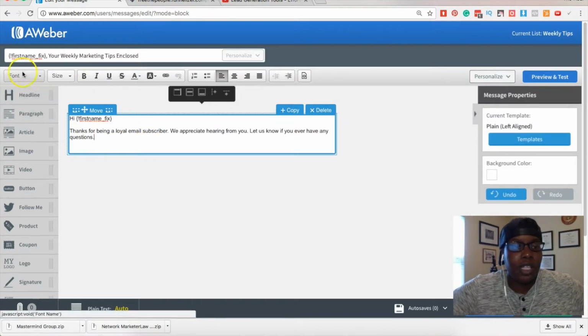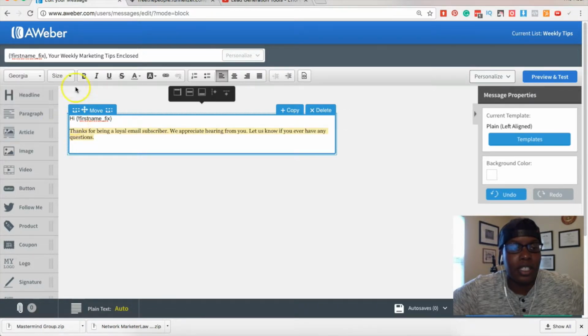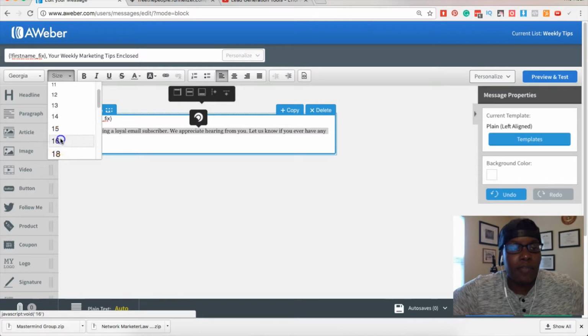Over here, let's start here. Over here, I'll just call this the Aweber ribbon. And basically it's real simple, almost works like a Word document if you're used to it. So whatever you want to change, you can just highlight, and this will change whatever you have highlighted. So if you wanted to change the text, that's fine. You can change that. You can change the size of your